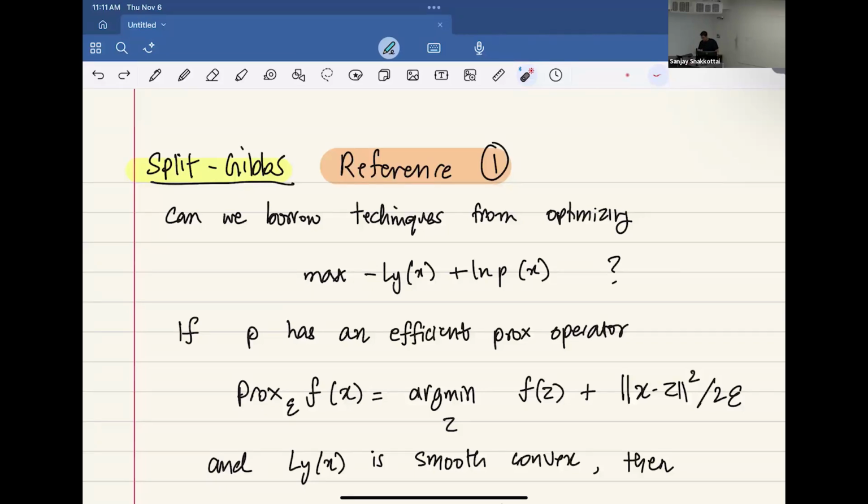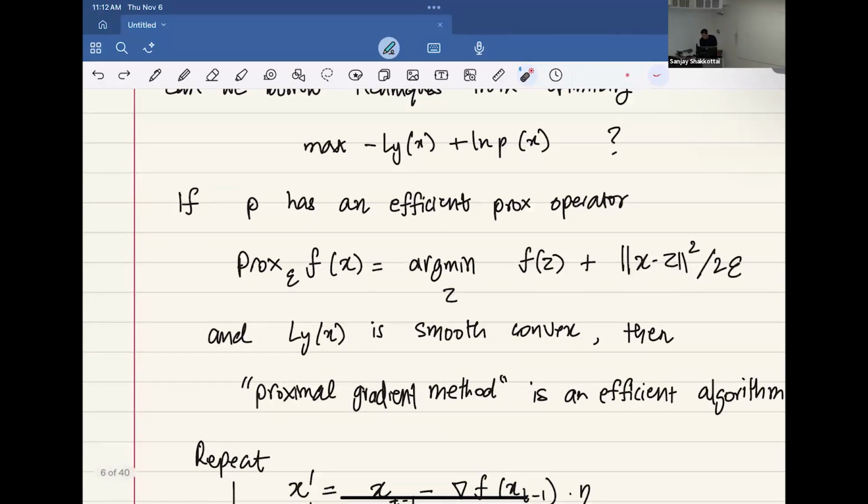So again, coming back to the optimization thing, we saw that sampling from the posterior was similar to this optimization problem, right? Where I have this loss Ly of x, that's the reconstruction term, and then I have a log p of x, which we're going to think of now as a regularizer. Generally, if p has an efficient prox operator, and L is smooth and convex, you can run what's called the proximal gradient method